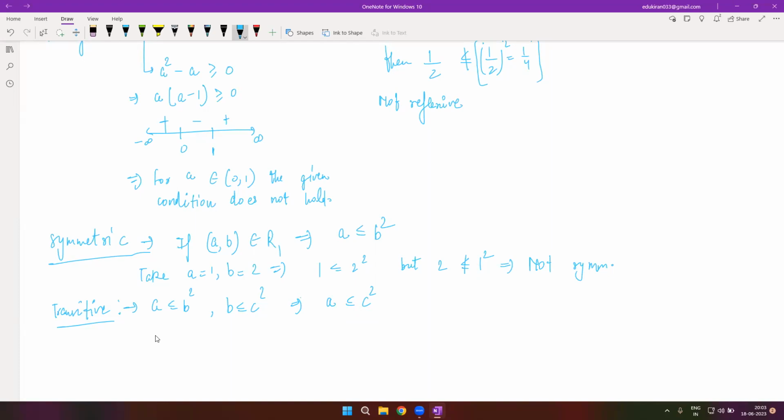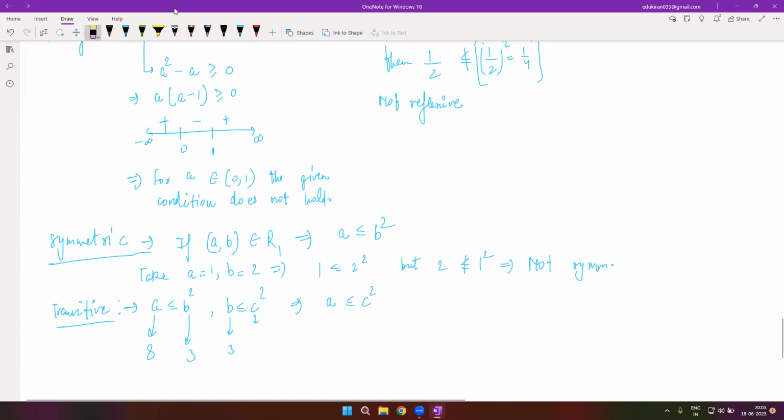तो चलो अब कुछ कंडीशन लेते हैं ऐसी जहां पे हमारा ये हमेशा सेटिस्फाई हो रहा हो, राइट। ओके, so let's take a as 8. Okay, let's take b as 3, क्योंकि 3 का स्क्वायर 9 हो जाएगा। Now b is 3, take any c जिसका स्क्वायर 3 से बड़ा हो जाए। तो या तो मैं c को 2 ले सकता हूं, या मैं c को √3 भी ले सकता हूं। अगर c को मैं √3 ले लूं तो √3 का स्क्वायर 3 हो जाएगा और b के बराबर भी आ जाएगा, तो कंडीशन तो सेटिस्फाई हो जाएगी। बट चलो मैं c को थोड़ी देर के लिए 2 ले लेता हूं।